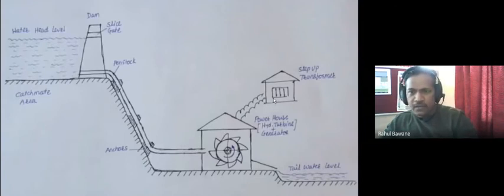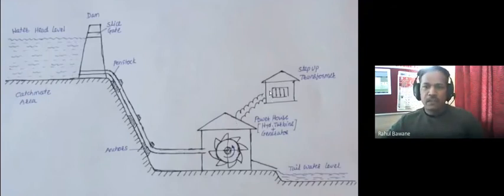And why is it required? Because another drawback of a hydroelectric power plant is the site selection. Obviously it is in a hilly area, at remote places, in a forest area. That means it is away from a locality. But whatever power is generated, we have to provide it to the population, to any city, to any locality. So we have to shift this power by using high tension transmission lines, cables.